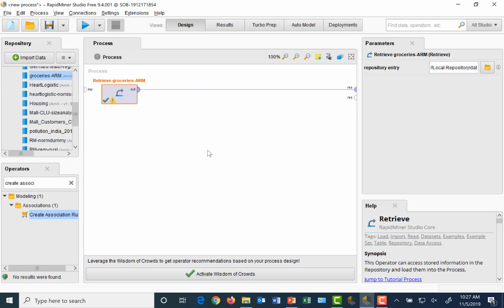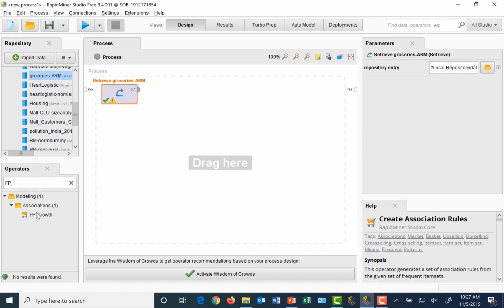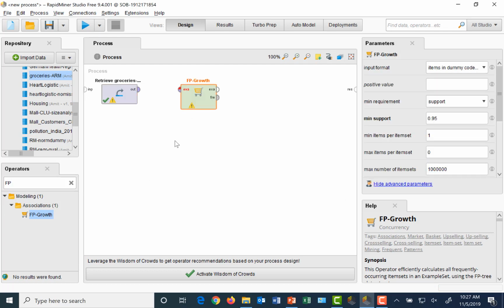So let's get back to the design. I can delete this link for the moment. So the first step, as you saw in the two slides that we just discussed, is to create frequent item sets. So only identify item sets that occur with some frequency. The operator that RapidMiner has to do that is FP growth, frequent pattern growth. So I drag and drop the operator in here,